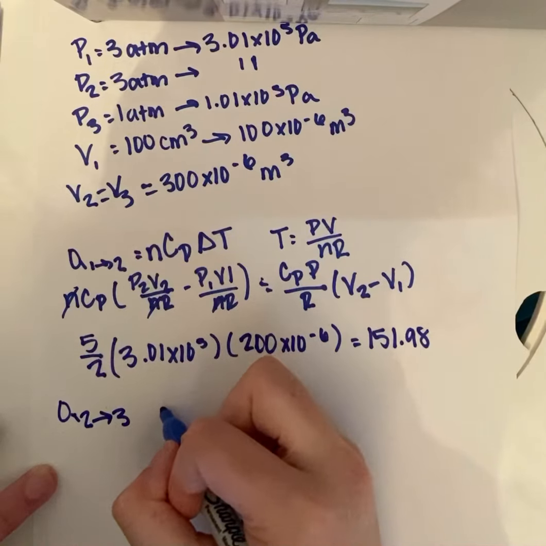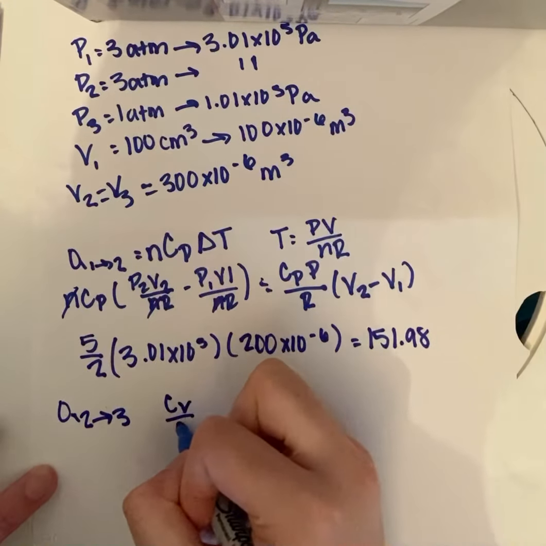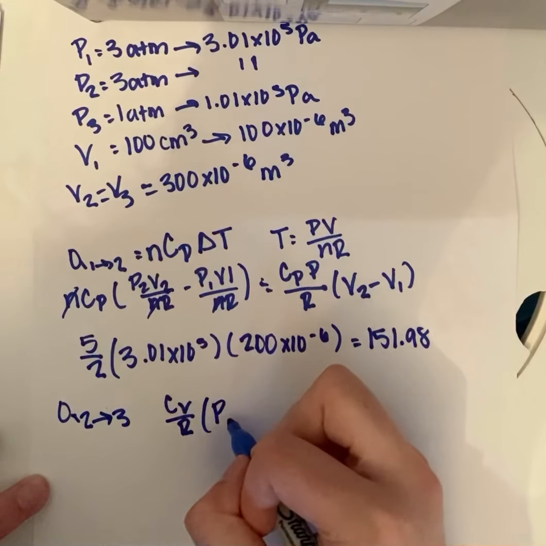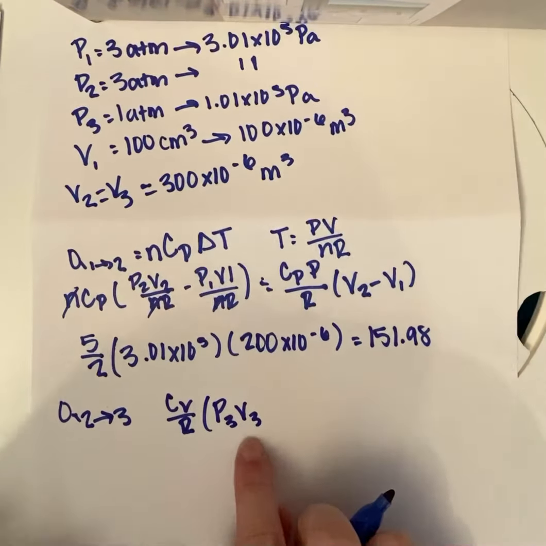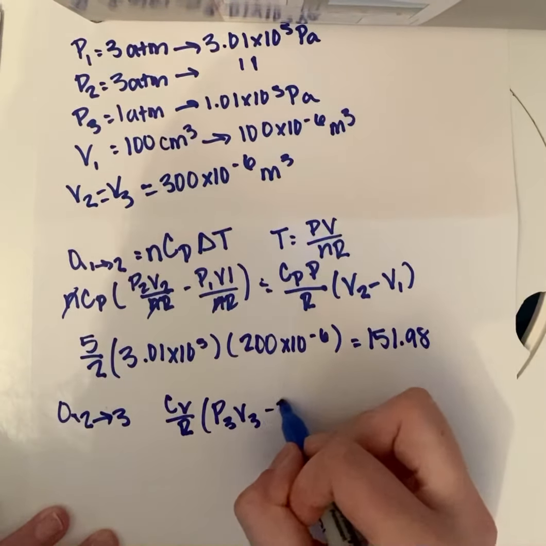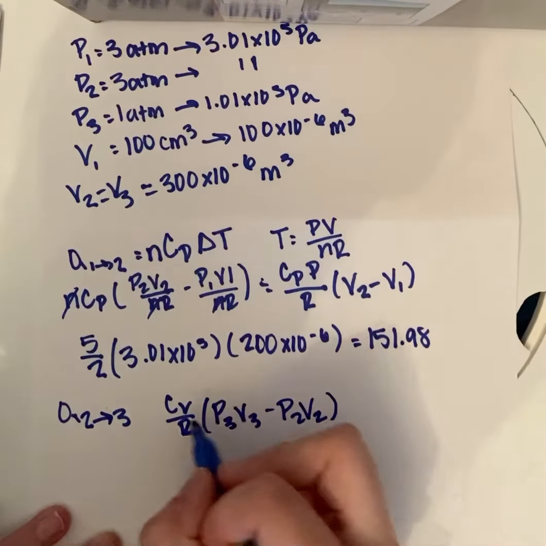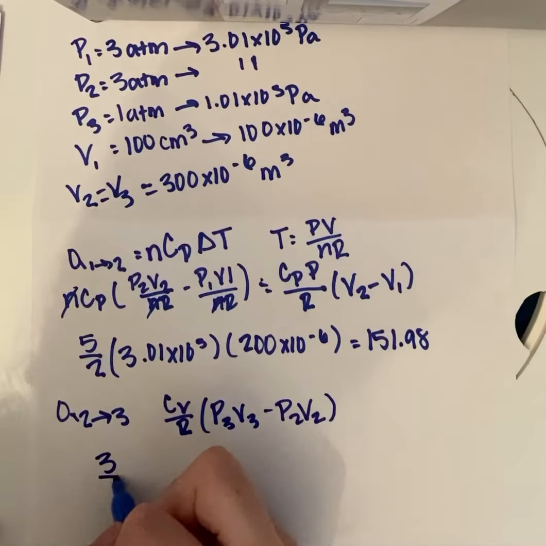Now to find the heat from process 2 to 3, we're going to use a similar equation, which is CV over R times the pressure times volume minus pressure 2 times volume 2. CV over R was calculated above, which was 3/2